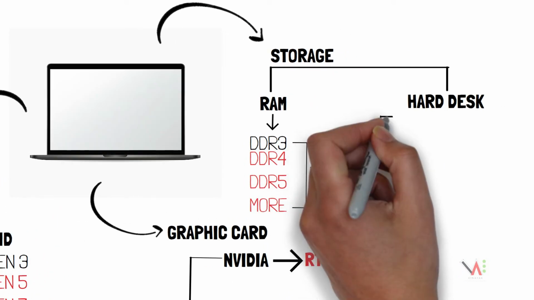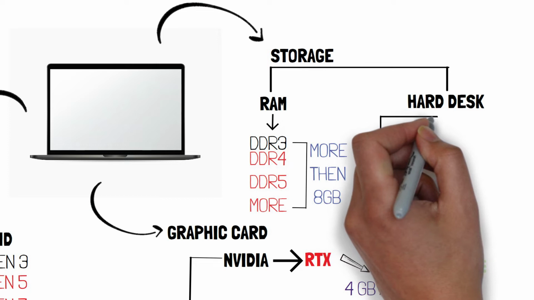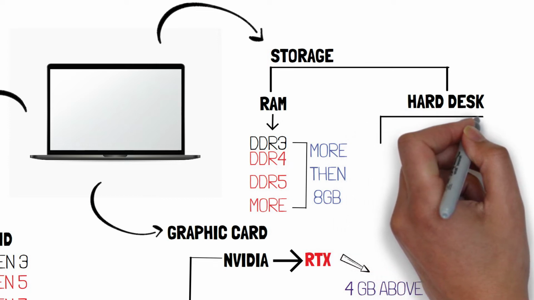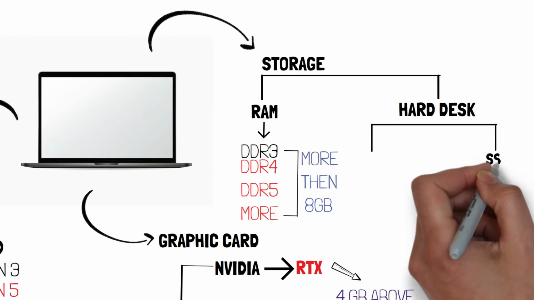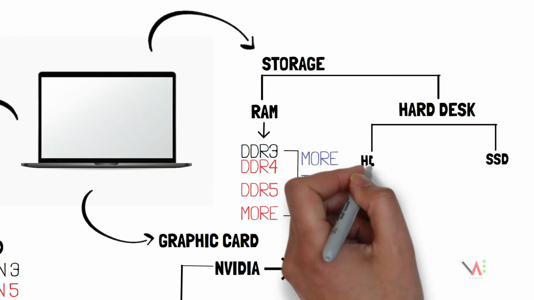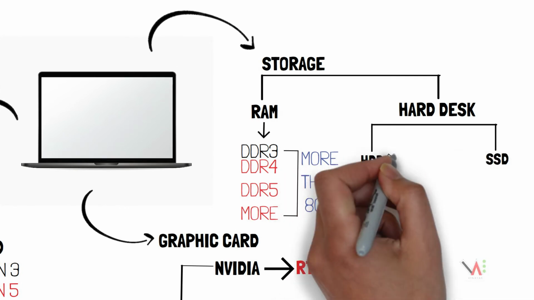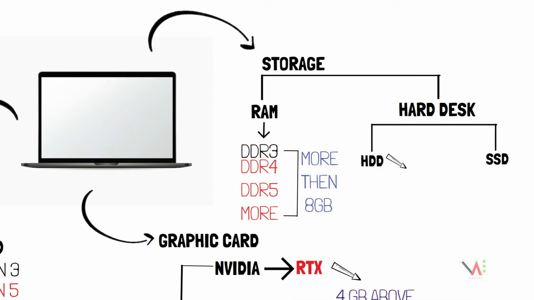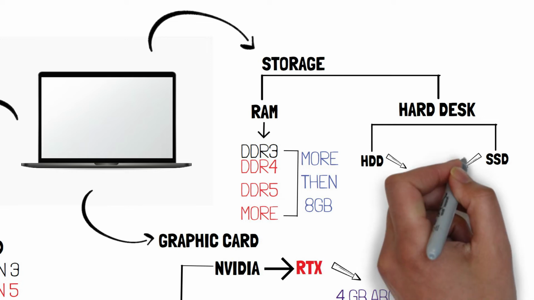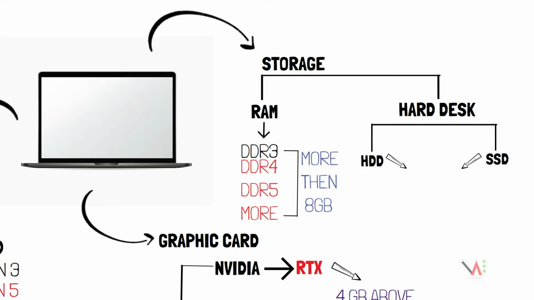And in the hard drive there are two types of hard drives. One is SSD and second is HDD. If you have a good amount of money, then you can go with the SSD. If you don't have a good amount of money, then you can go with the hybrid, like some part SSD and some part HDD. Okay,